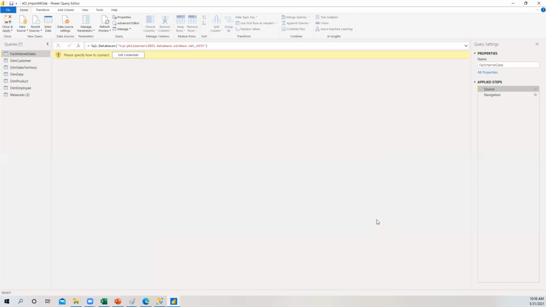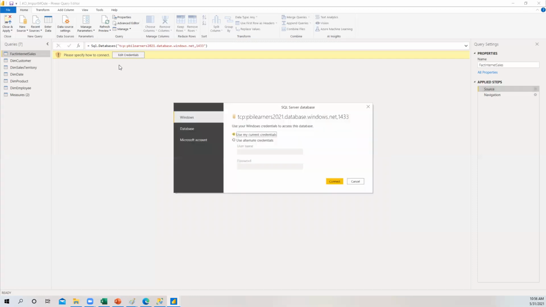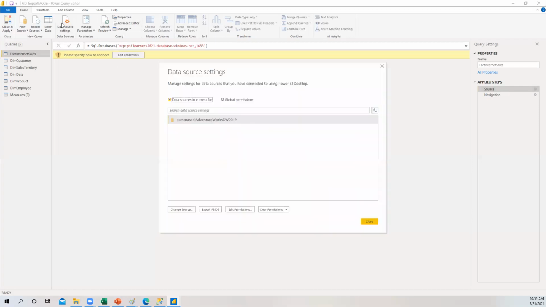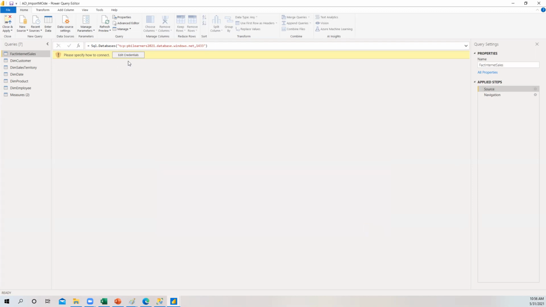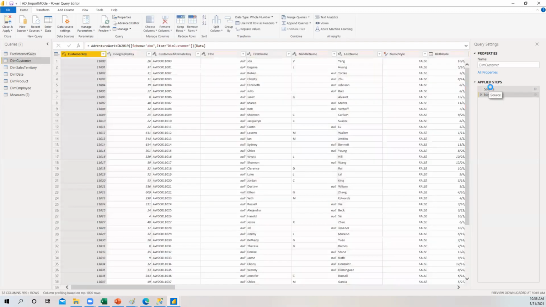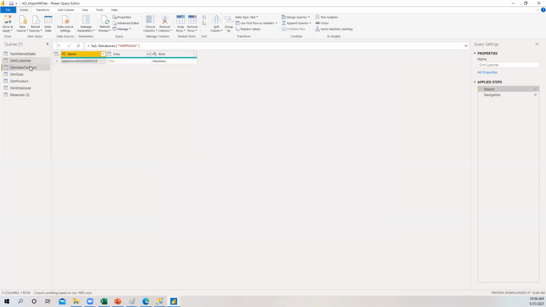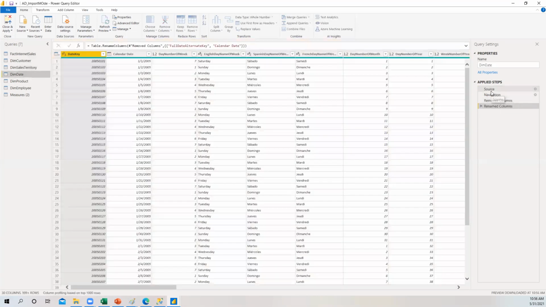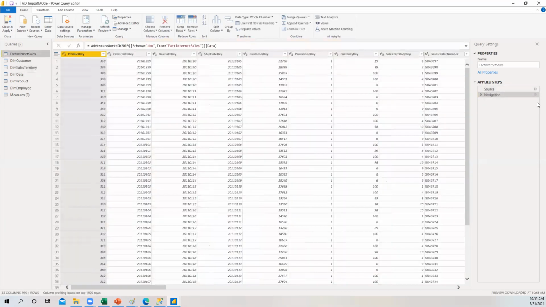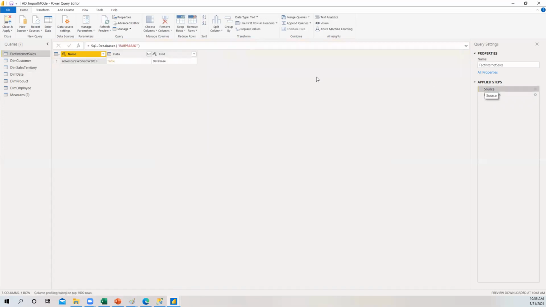Okay, close it. And it is asking to edit credentials. Oh, sorry. One second. It's fine. See, guys. Where is it connecting right now?